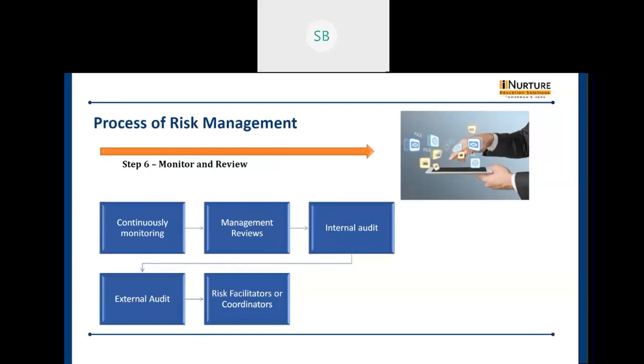So all these things help in continuous monitoring and management reviews. Under this we will need to review the system. Whatever is happening in the organization, the management should be kept informed about any kind of risk for the project. Because when you have a project there will be risk involved, and if your manager doesn't understand it, that will be a problem. So that is why communication should be there.